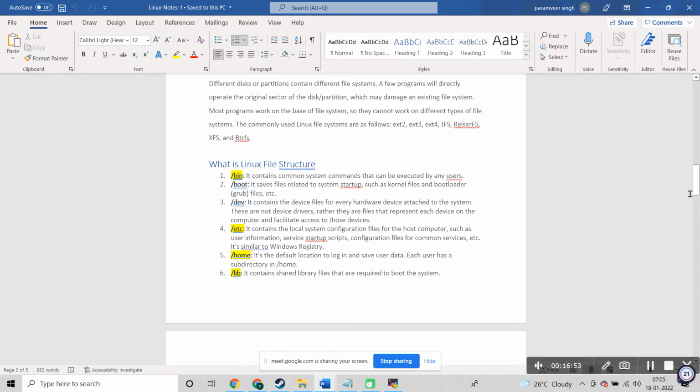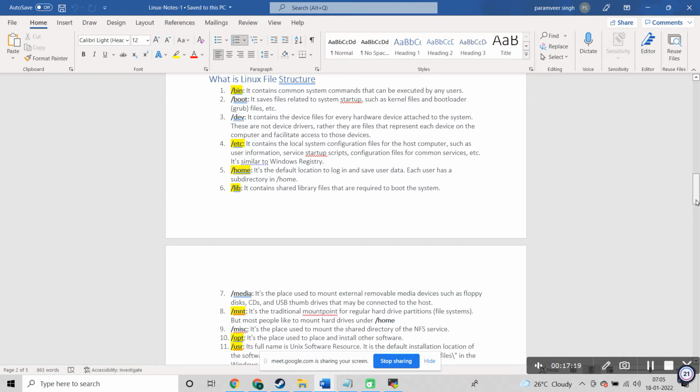Then the etc directory will be there. There you will store your configurations while you are installing your software. So a few of the directories you need to remember. The home directory is there for every user created on your Linux system. Remember, every user created on your Linux system will have one home directory, right? And the library folder or directory will be there. Different naming conventions are used. Somewhere it is called a directory, somewhere a folder. So remember that.